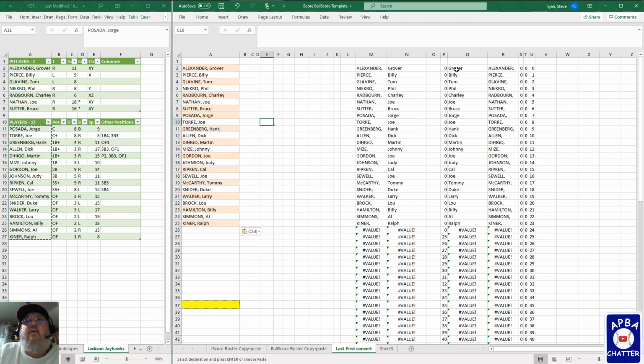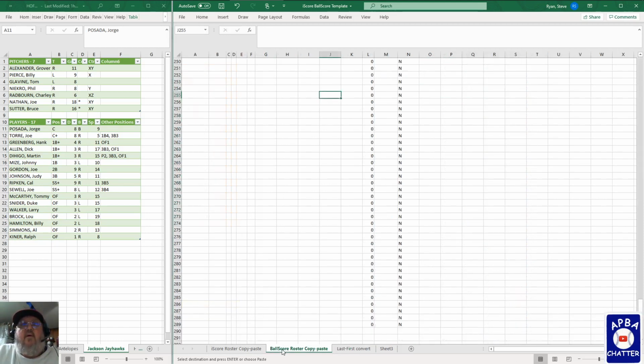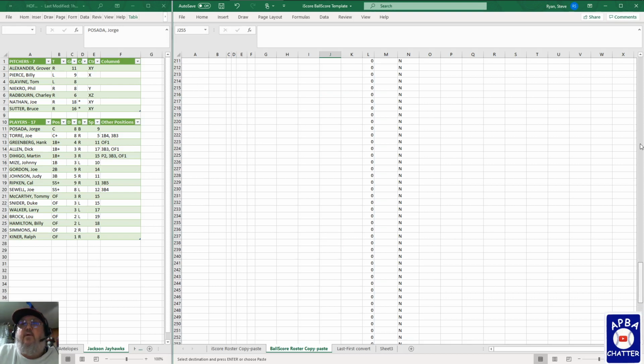So now I'm going to take all these, and this is under the last to first convert. It converts the order of the last name and the first name. And I also have a tab on here for iScore, roster, copy and paste. This is for BallScore. So go up here to the top